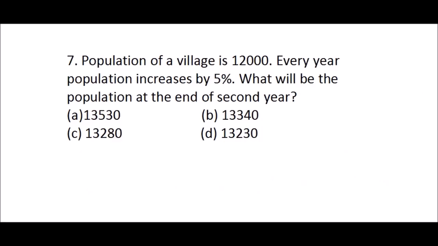The next problem is: population of a village is 12,000. Every year population increases by 5%. What will be the population at the end of second year? Now this can be done exactly how we find compound interest, and the same formula will be used. Therefore, total population at the end of second year is equal to